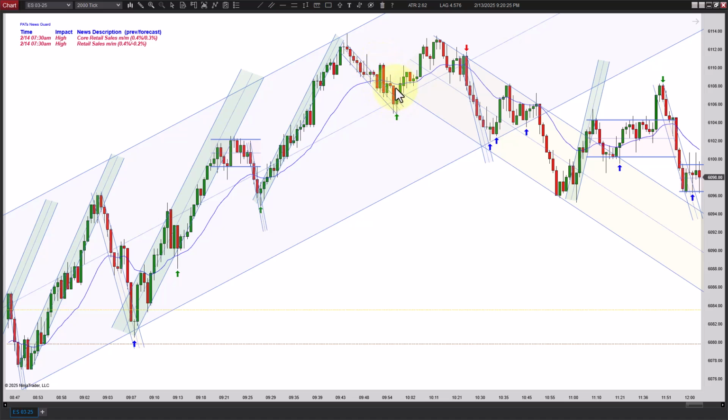This looks like a break and two legs to a new low, and so you could count that as a second entry. There is the break with the khaki channel and the two legs too low, so it's looking for a reversal, and it's happening right at the midline. You're better off to wait on a higher low here, but you might take that. I like that trade. Again, the safer play is to wait and see if you get a higher low for more proof that you're going higher.